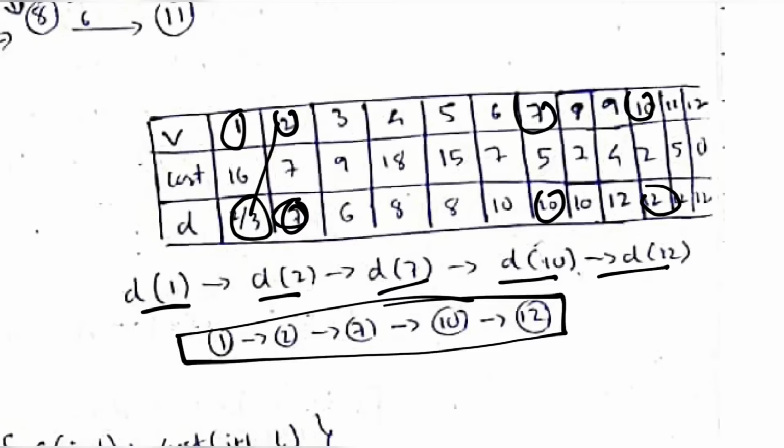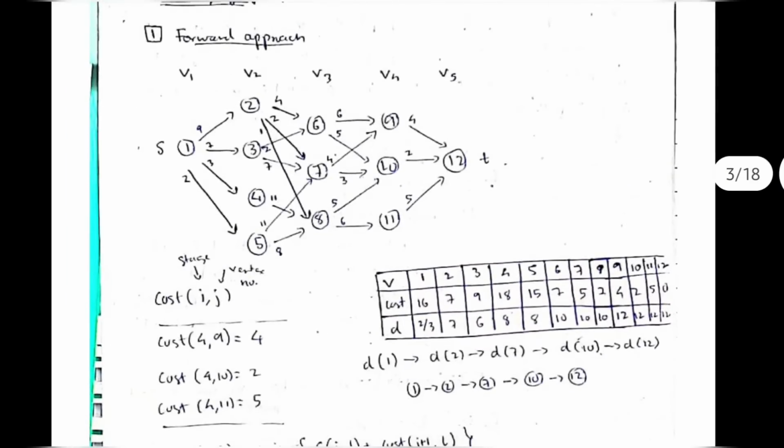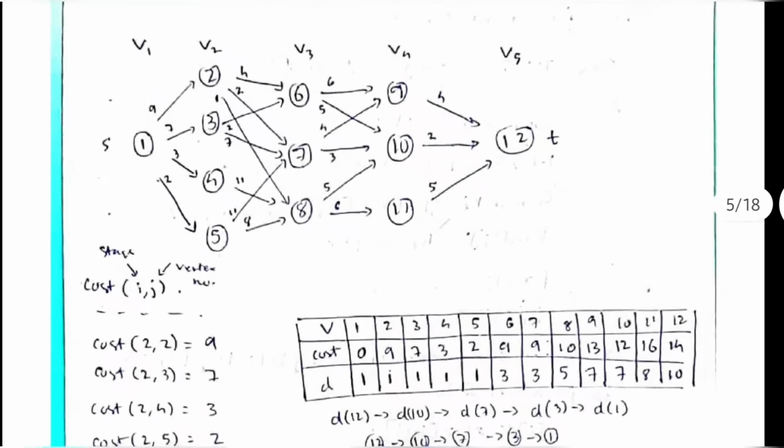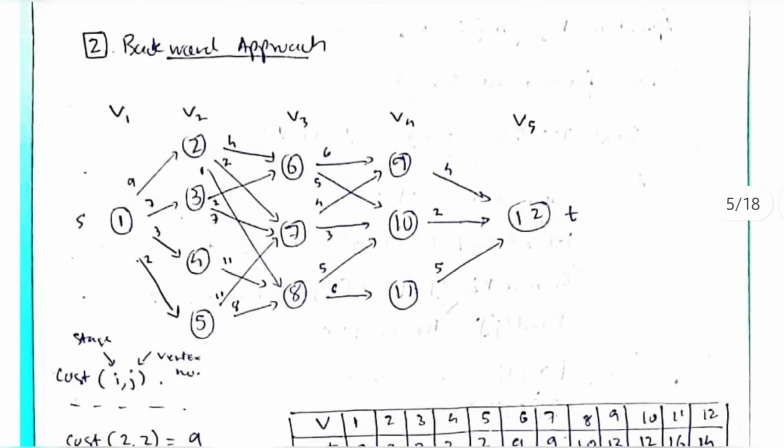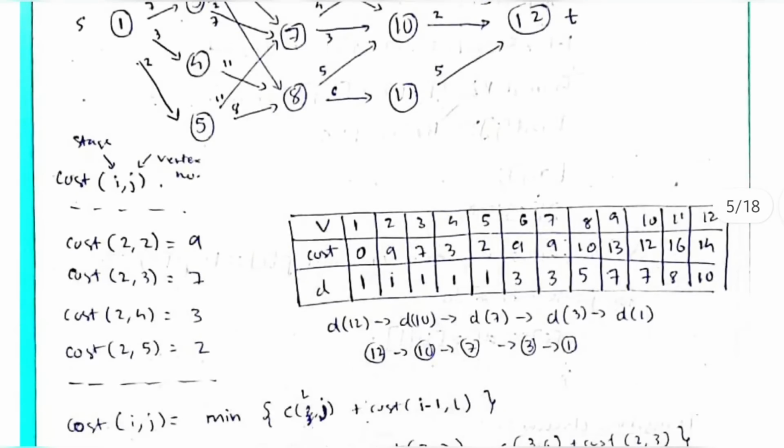Okay, this is the forward approach. The same thing you will be using in the backward approach also, but there are a few slight differences. That is, you will not be starting from here, you will be starting from here. Remember, it's the opposite thing. If it is a backward approach, you will be starting from here. If it's the forward approach, you will be starting from last. And the source and the destination are the same, and everything is the same. Just the difference is when you start from here, suppose